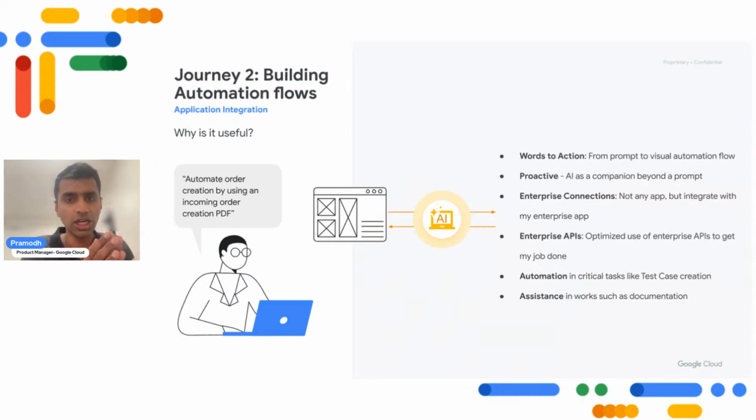So, summarizing the power of Duet AI within application integration for helping you to automate: you could take your words to action, which is what we saw. I gave multiple prompts, transitioning from one to another, but it was still able to understand what it was. It is proactive as a true companion. It is telling you what is best for you to get done. You don't need to go out and ask. It is able to go out and tell you what it is.